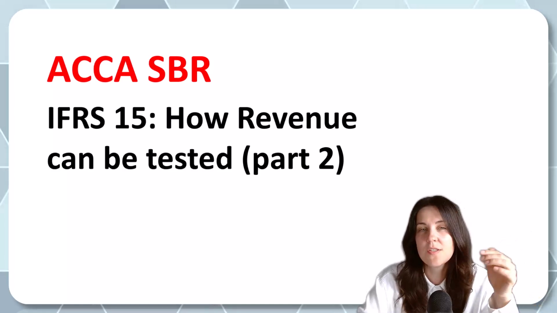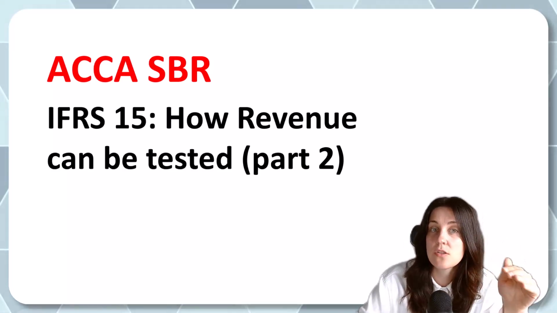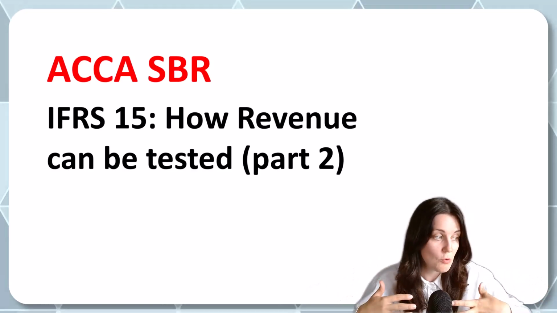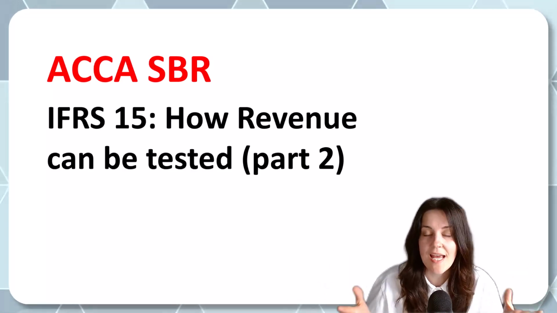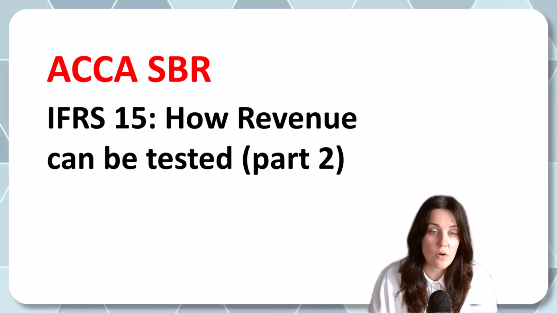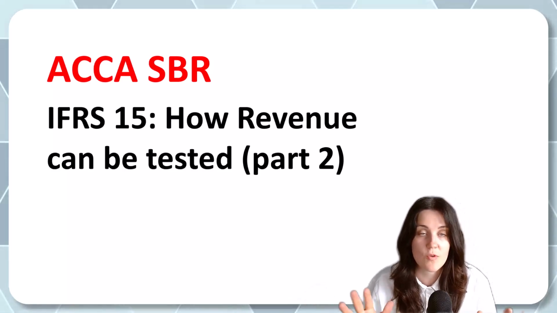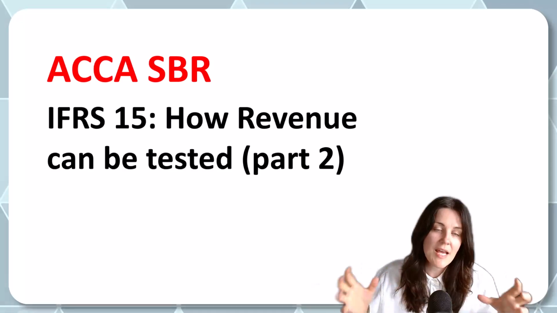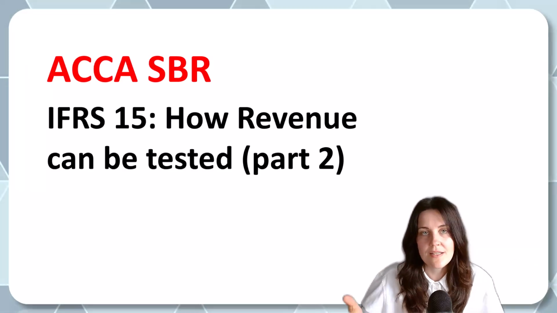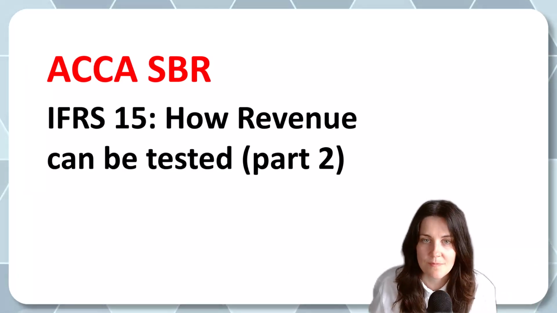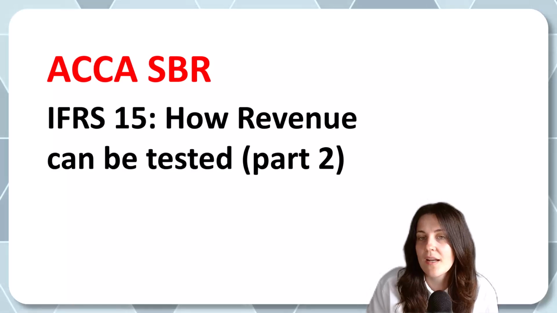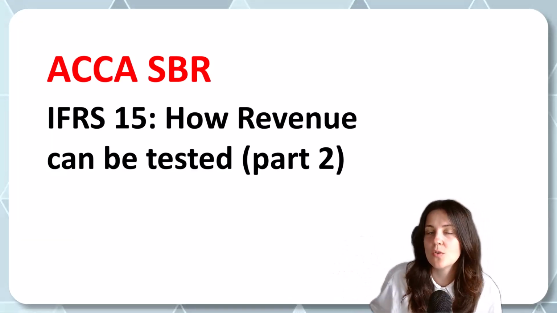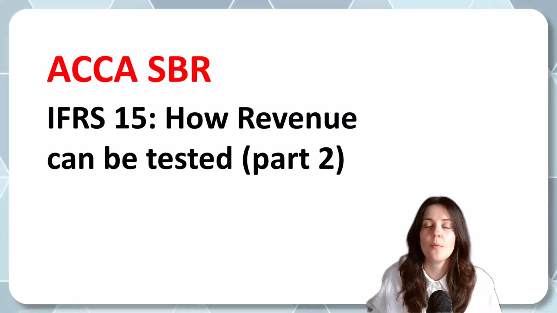Why? Well, because we understand that there is substance over form, and if the company agreed to engage into some project that will produce something that the company will not be able to resell to someone else, then the contracts and the relationship envisage that the company is going to get the consideration. But we are going to recognize revenue only if the entity has enforceable right to payment for the work completed to date.